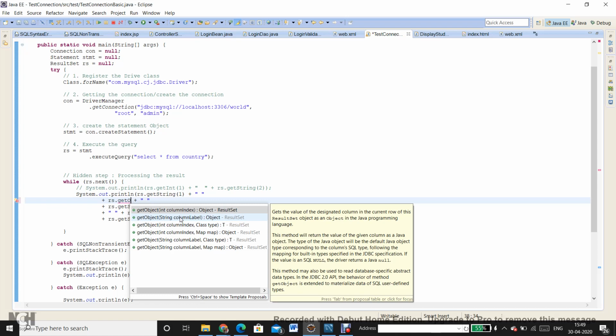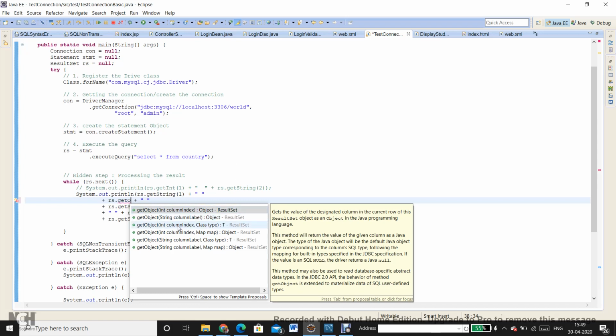But this has an option that you directly get a wrapper class instance. So if you intend to use it in a collection, you can directly get it, and you need not do any kind of conversion, whether done by you explicitly or by the autoboxing feature of Java itself. So technically you reduce a step for the JVM. So the getObject method is there. This also works the same way.